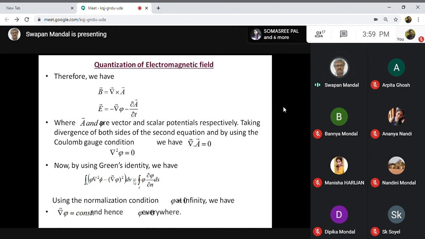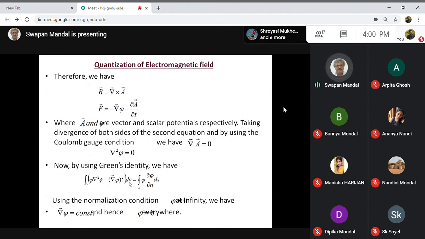Sorry, I missed the logic. Just let me repeat again. So the right hand side is 0. Okay, right hand side is 0. This part has gone. So I have grad phi whole square dv equal to 0. So grad phi square is equal to constant. And grad phi square constant means once again grad phi equal to 0, because phi is potential basically. It vanishes at infinity. Just you follow the logic.